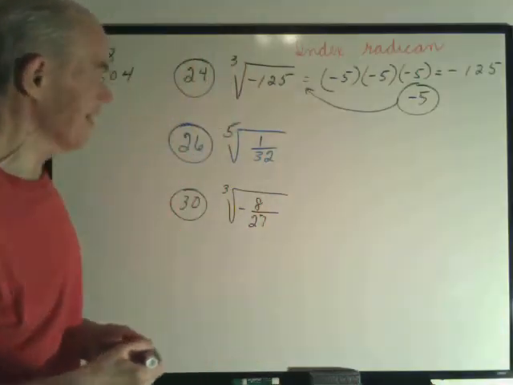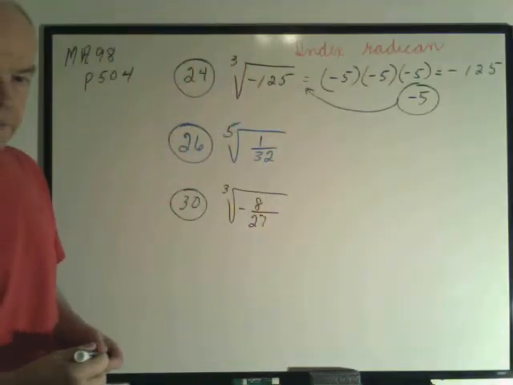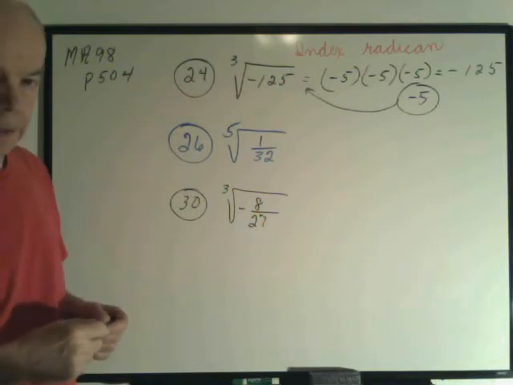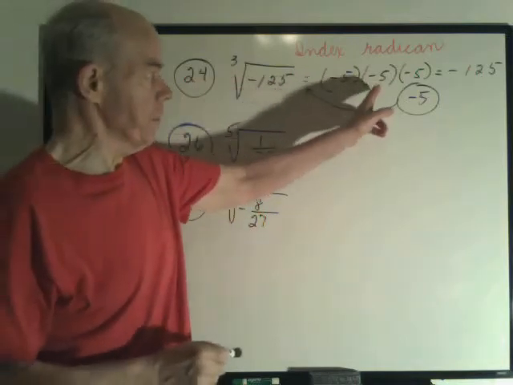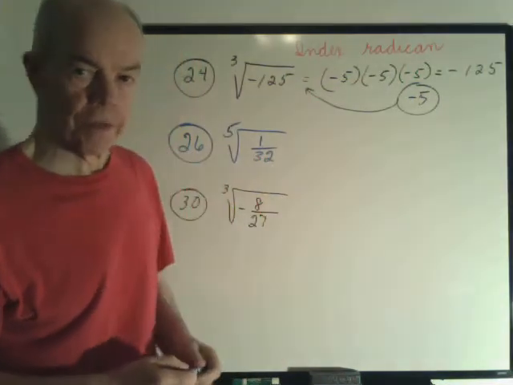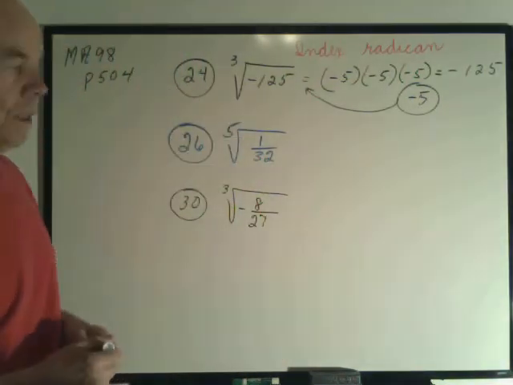So the answer to that is negative 5, because negative 5 times negative 5 times negative 5 gives you negative 125, which is what we have underneath the